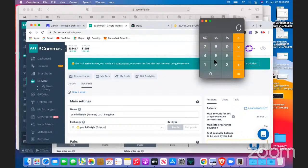Now, initially it has bought 2 and said take profit at $105. The market rather came down to $93. Your bot now says buy more. As your bot buys more, what is it going to do? Your bot is going to add the old price, 100 plus $93, which is $193, divided by 2, which is the cost average. That means your new price now is 96.5. All right, 96.5. What is the 5% of that? Multiplied by